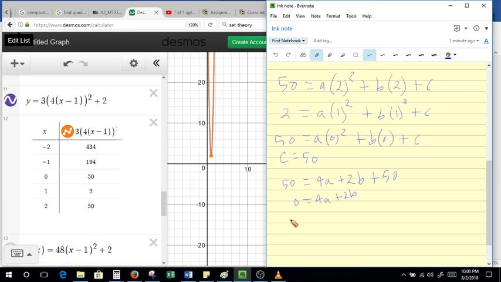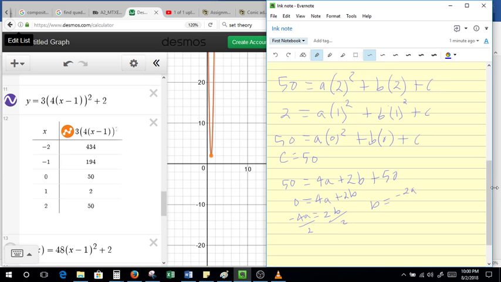Move 4a to the other side. Negative 4a equals 2b. And divide by 2. So b is equal to negative